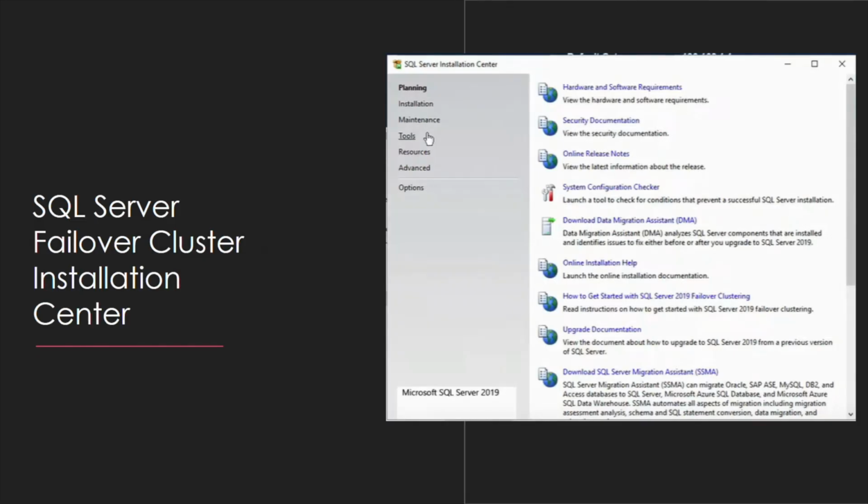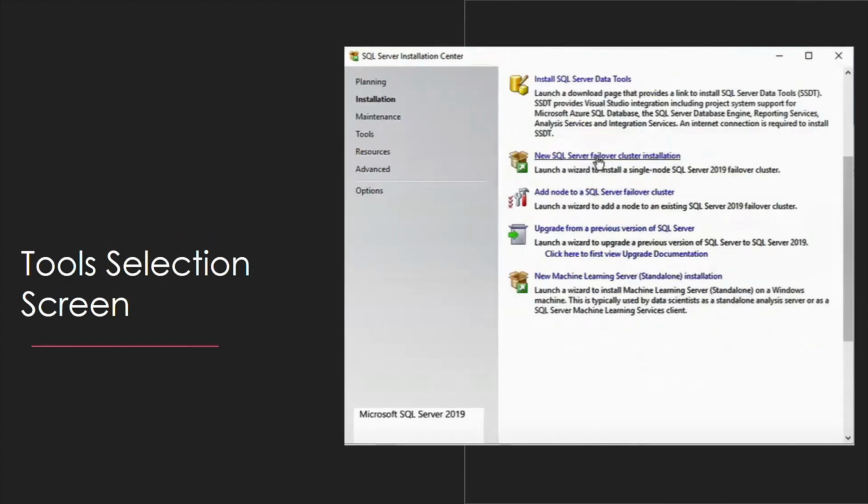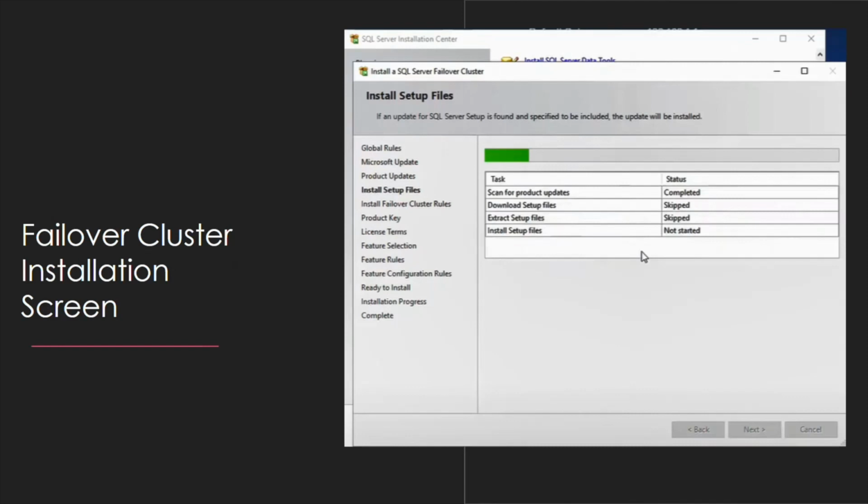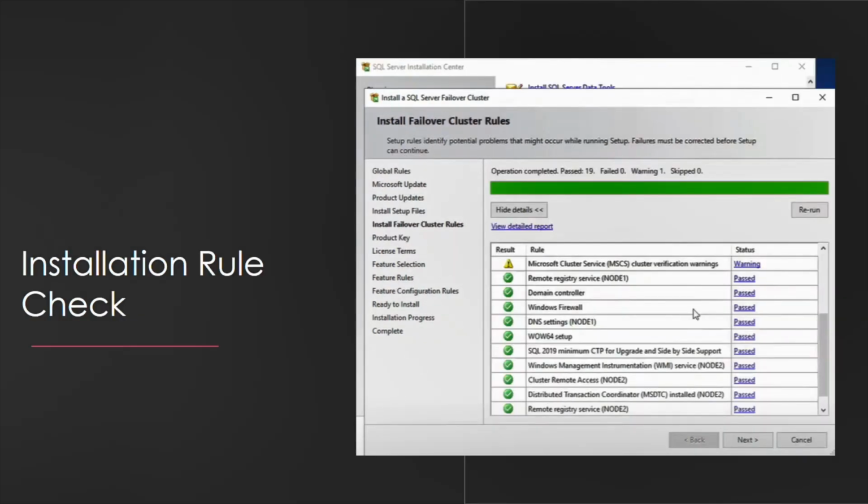Alright, so upon launch in the SQL Server Installation Center, you are greeted with this screen, and we'll now proceed to the installation section. And here we have opted to install a new SQL Server failover cluster, and now it will basically check for updates and download the setup files required for setting up this cluster. And here it will check the configuration of the Microsoft SQL Server, whether or not these configurations meet the requirements